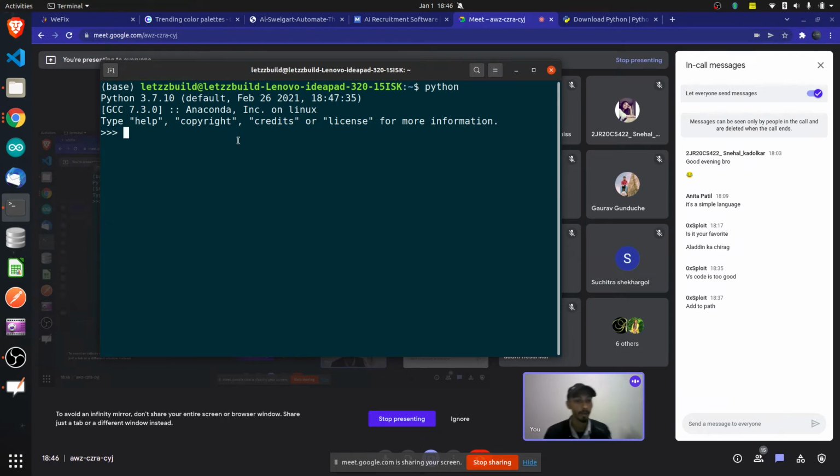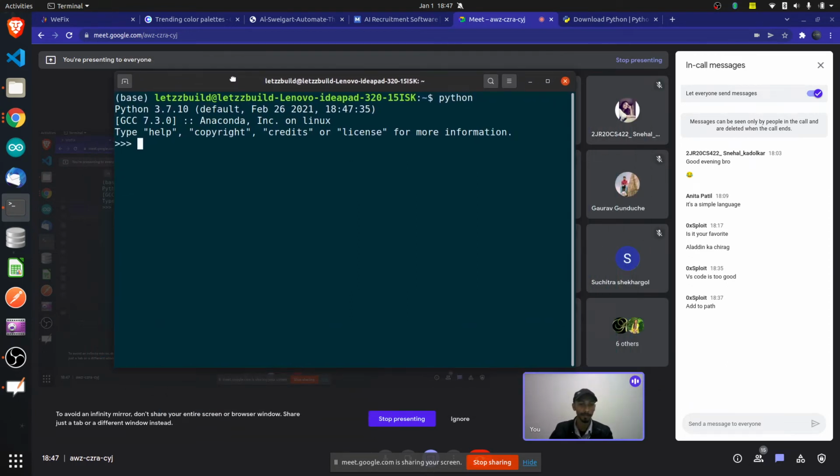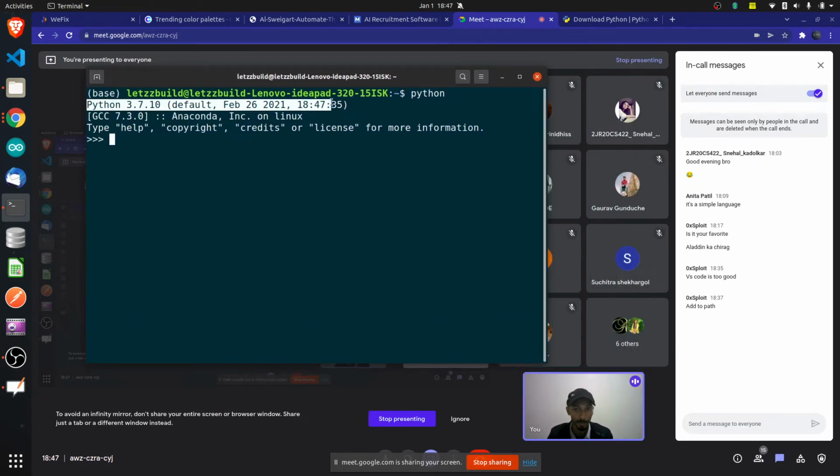That's it. So for now we have installed Python, and second, we have cross verified whether Python is installed or not. Both these things are check marked for us. Very happy to see that. No errors. We will be getting lots of errors also, and I'll be creating some random errors so that I can tell you a few things too. So this basically means that whatever we have installed is installed properly.